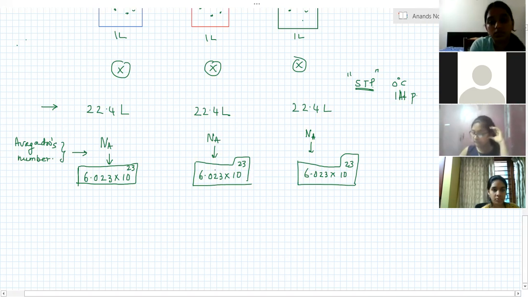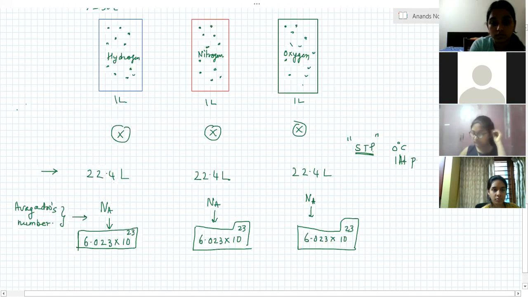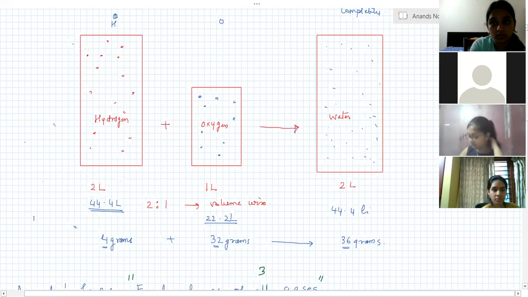But this particular thing is very important. This volumetric finding by Gay-Lussac, that here 2 volumes of this combine with 1 volume of this to get 2 volumes of this, is a very important finding. This, coupled with the fact that 2 of this fellow can react with 1 of this fellow, which is Dalton's theory, because these guys cannot divide themselves.